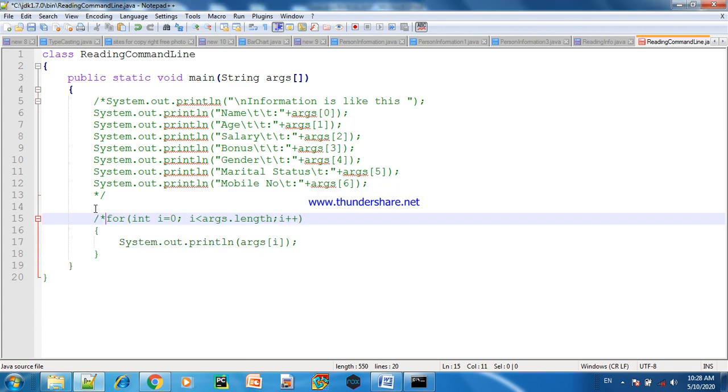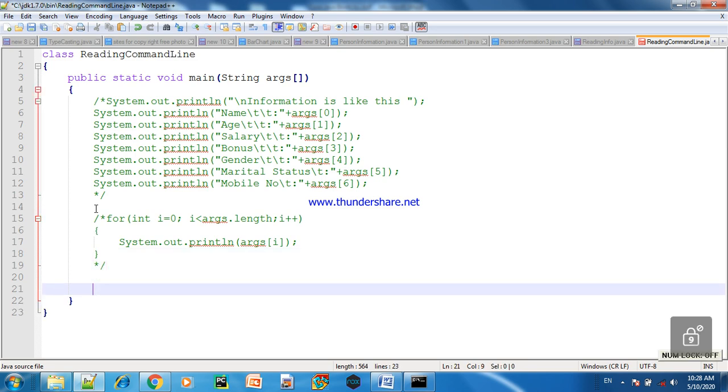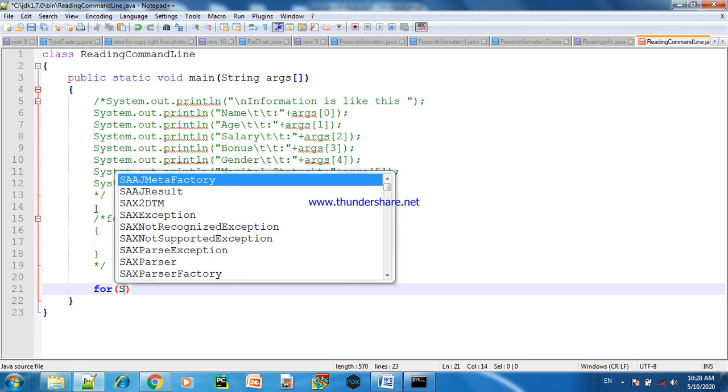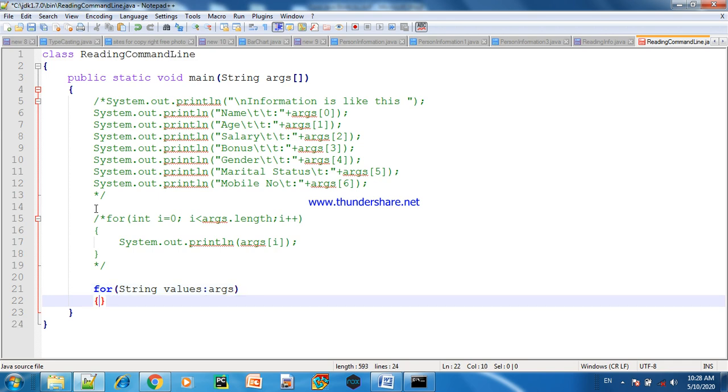Here is one more way to print this information with the help of a for-each loop. How will the for-each loop look? We will write for String values from args, and print.